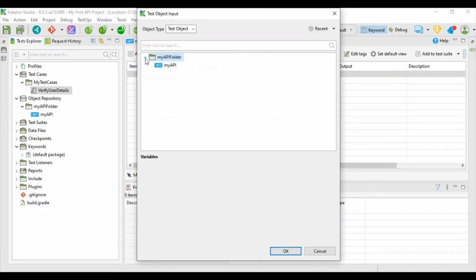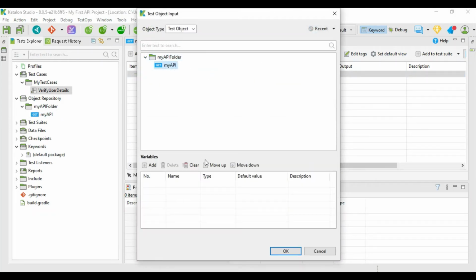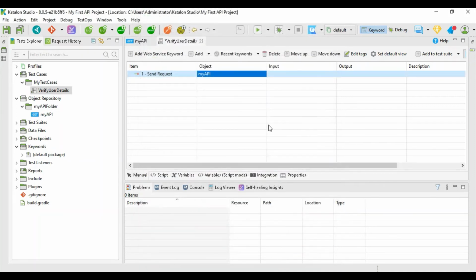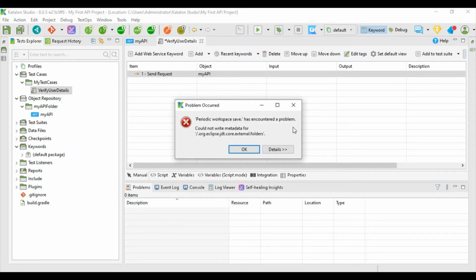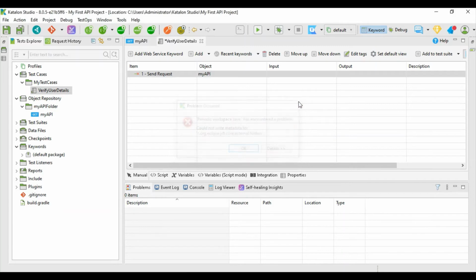We'll have our API link over here, and input type we will leave, and output. So it will give an output. Let us name it My Output over there.